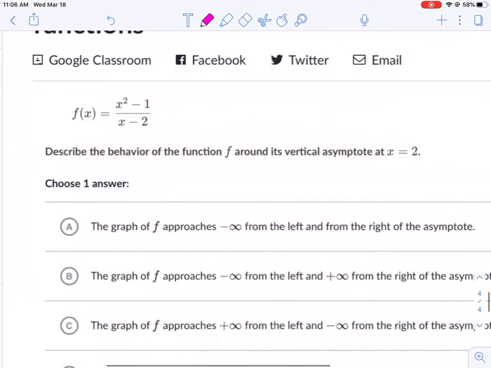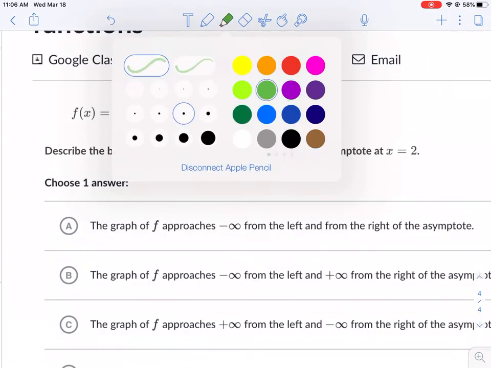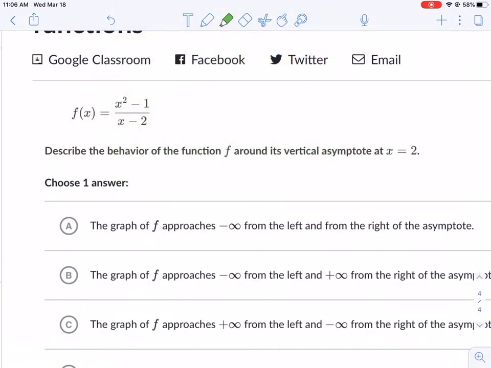So each one of these exercises is going to give you some function. In this case, f of x equals x squared minus 1 divided by x minus 2. It actually gives you a pretty helpful hint with all of these. It says, describe the behavior of the function around its vertical asymptote x equals 2. Okay, so I think the best way to take on these problems is to go over to Desmos and